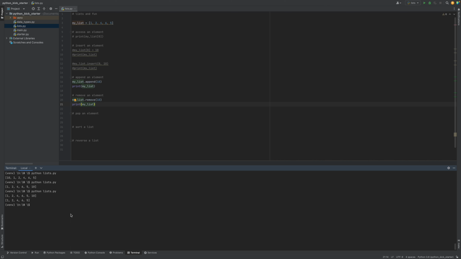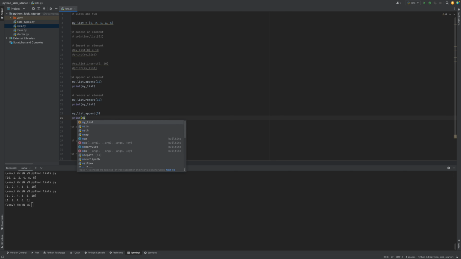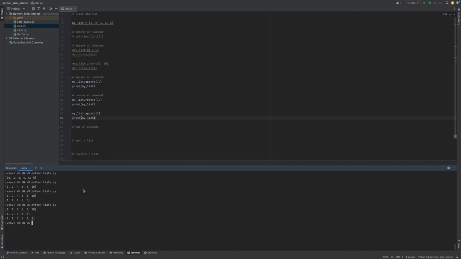Now what if 5 was occurring twice in the list? Let's try to first append 5 at the end of the list, and let's have 5 with count 2. So here if I just print my list again, I'm going to see 5 twice at the end of the list. Yes, that is what happened. Now if I do a remove, it will remove the first position of that particular element. So when I just do mylist.remove 5, so you will find, okay, maybe instead of